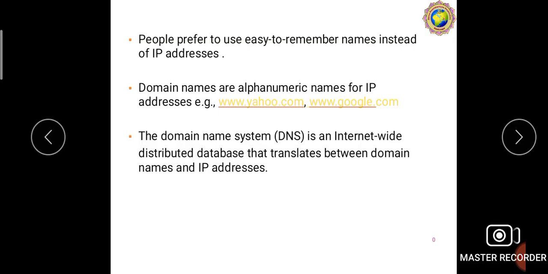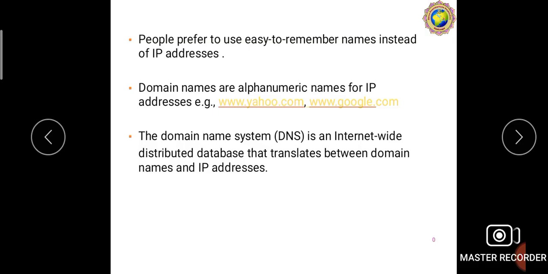We know computer networks are classified into various classes like class A, class B, class C, class D and class E. These classes contain various IP addresses in numerical digits, like